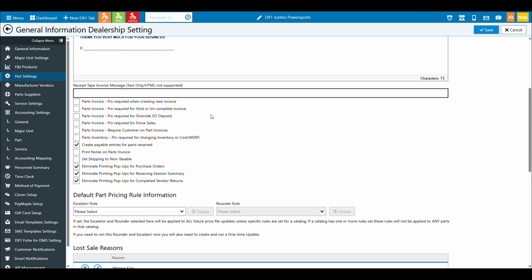For overriding the special order deposit, as I mentioned before, maybe you set it up as a default for 20%, but somebody wants to override that because it's a good customer or something and not make them do the deposit. They would be required to come get a PIN or have a PIN to override it. And then a PIN required to do force sales in an invoice. This is selling parts that you don't have in inventory. And then also we have required customers on a part invoice.